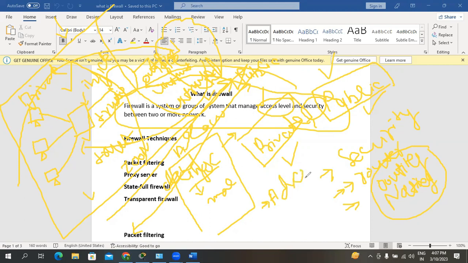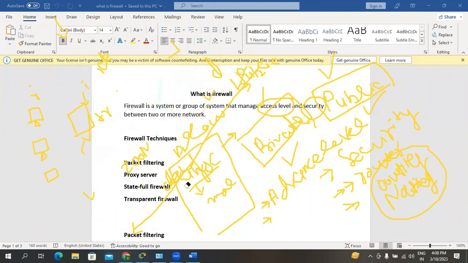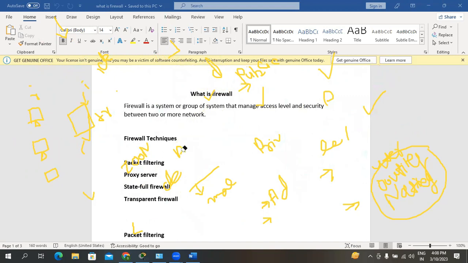Firewall provides advanced level security that a router doesn't provide. So guys, now we have cleared what a firewall is. So again, we will discuss it a little bit. What is a firewall? A firewall is a system or group of systems that manage access level and security between two or